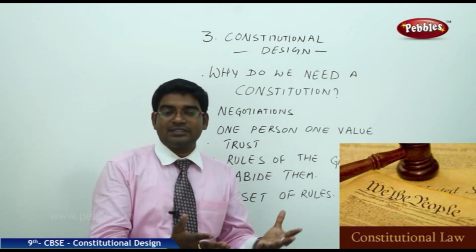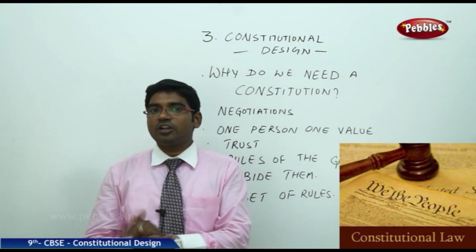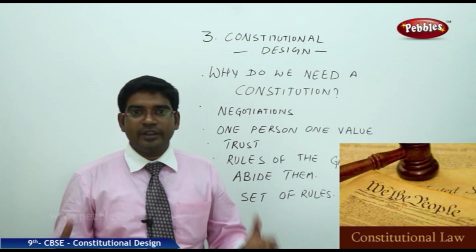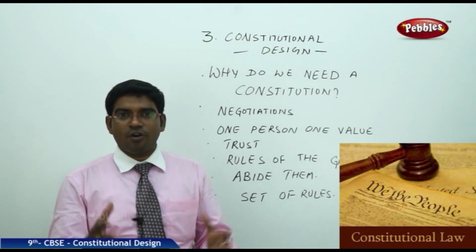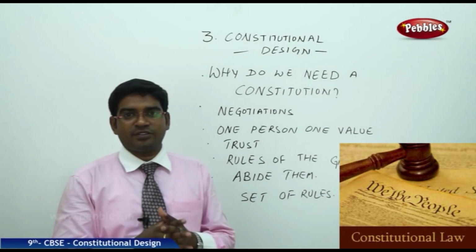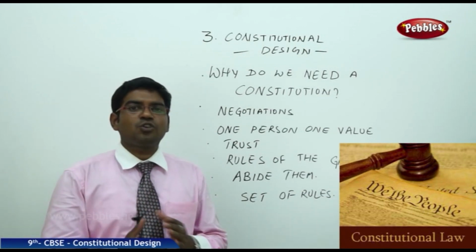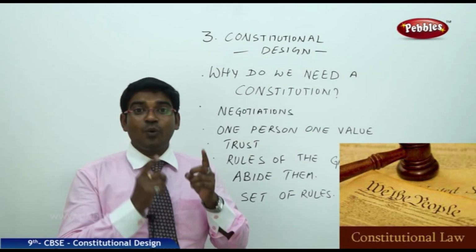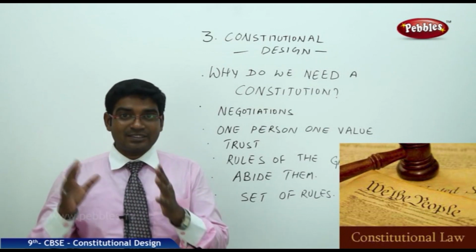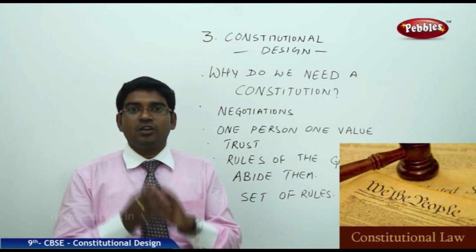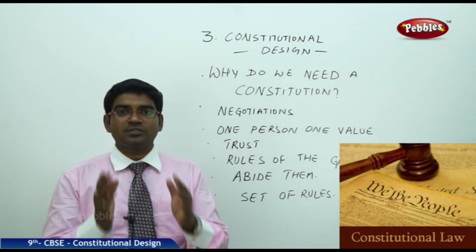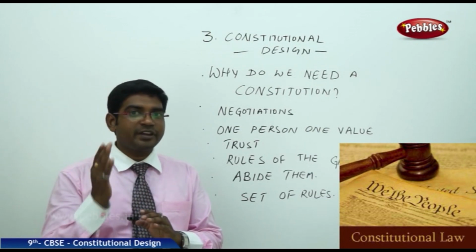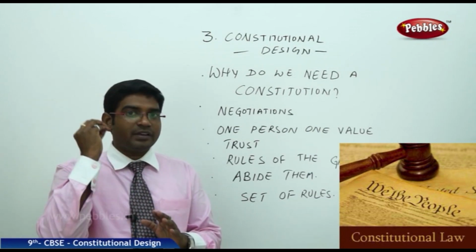So the blacks, yes, they are the majority, but they cannot attack the minority people. The whites also should not discriminate against the blacks in any form, in any expression, or in any faith. So let us fix the rules of the game and make sure that no one is above the rules, no one is given special treatment, no one is exempted from the rules. So rules are important, rules are above the people. So that set of rules of the game is to be written, and everybody should abide by it and follow it.